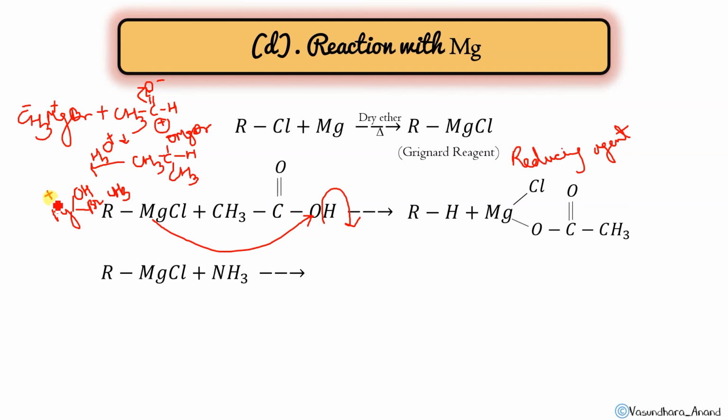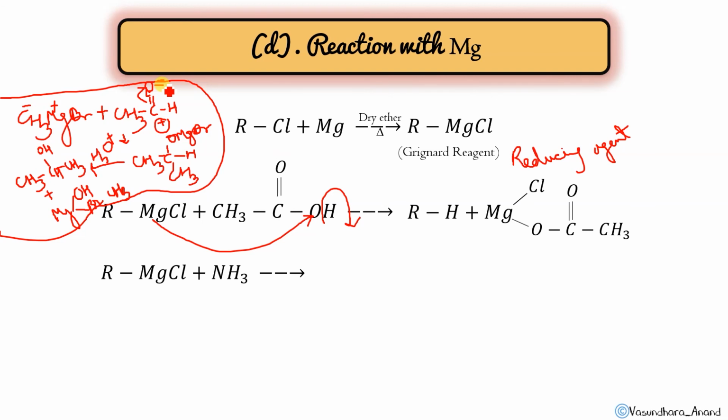This will be isopropyl alcohol. Here it will be OH. And this is CH3. I hope you got it. So one reaction I have done with the mechanism. Rest all you can do. Yes, this is O minus ho jayega.